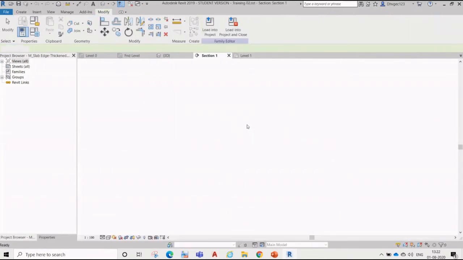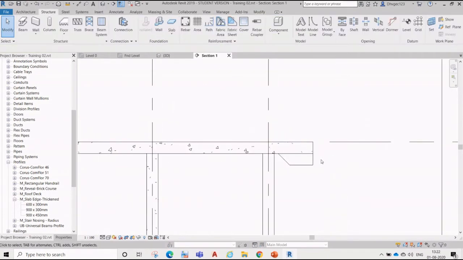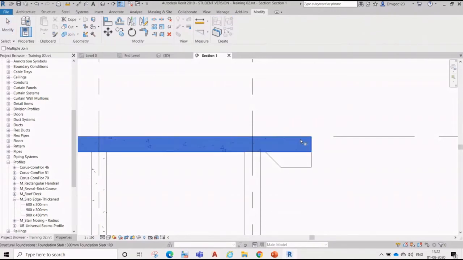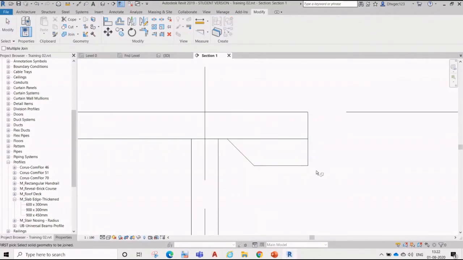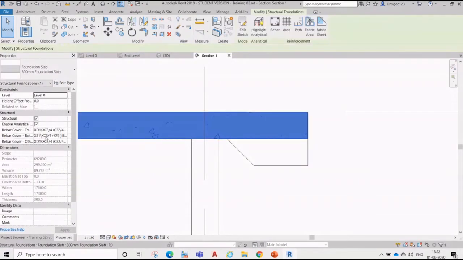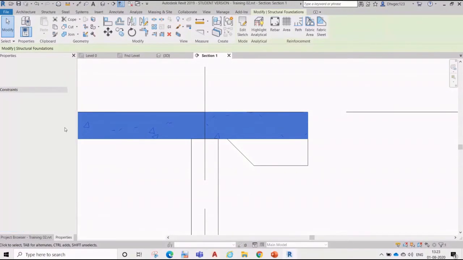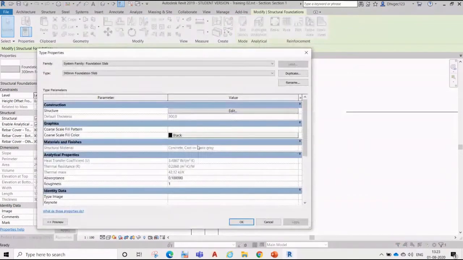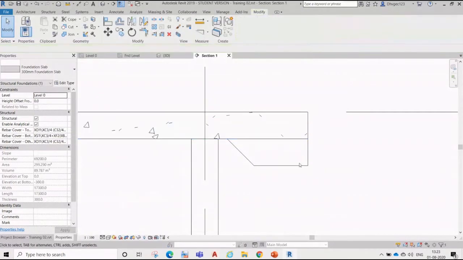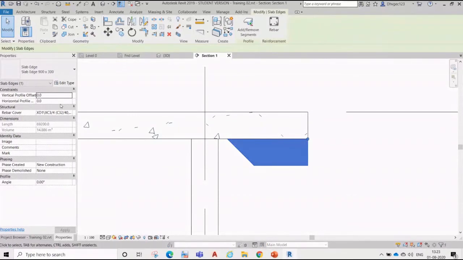Okay, and now we go here. So you go here, modify and join. Okay, select the slab, select the element. It's not joining because I think we didn't define the proper element material type. So for this one, the material is, let's say, where is it? This material is over here, concrete cast in situ, place grade. Okay, now we'll go here and we can define the material over there.